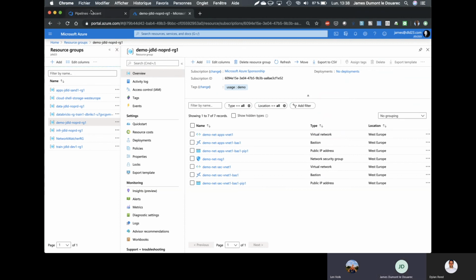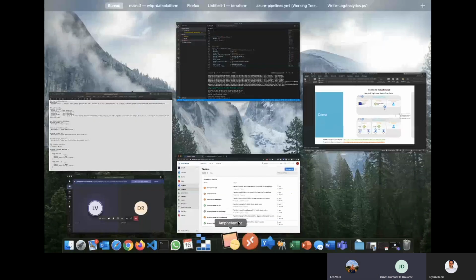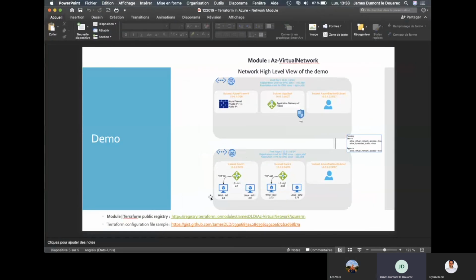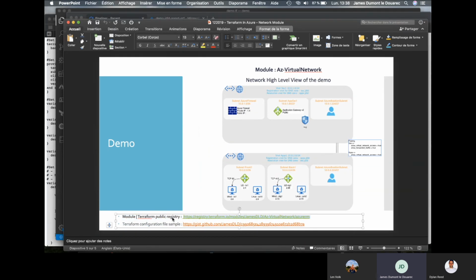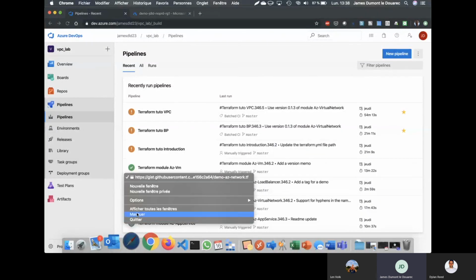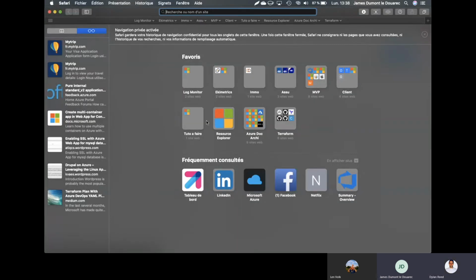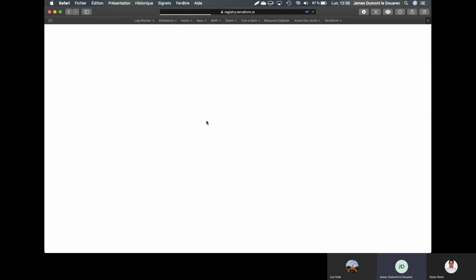This is interesting. No, actually, let's go back to that. Let's imagine that you go on the Terraform public registry. I will go here with a private browser, so I'm not authenticated.